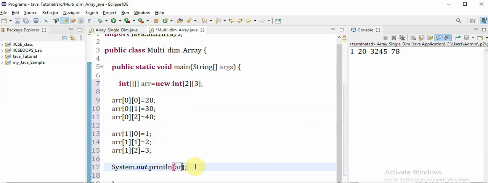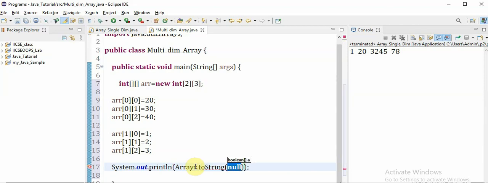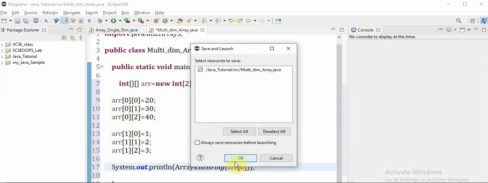So if I just specify the name of the array and I want to display the content in it, then we have to use the class called Array, and the Array.toString function will help you. Since array is a reference type, we have to use the toString function. Okay, Array.toString, and then I am going to display the 0th row of this array. Okay, so now let's run it.